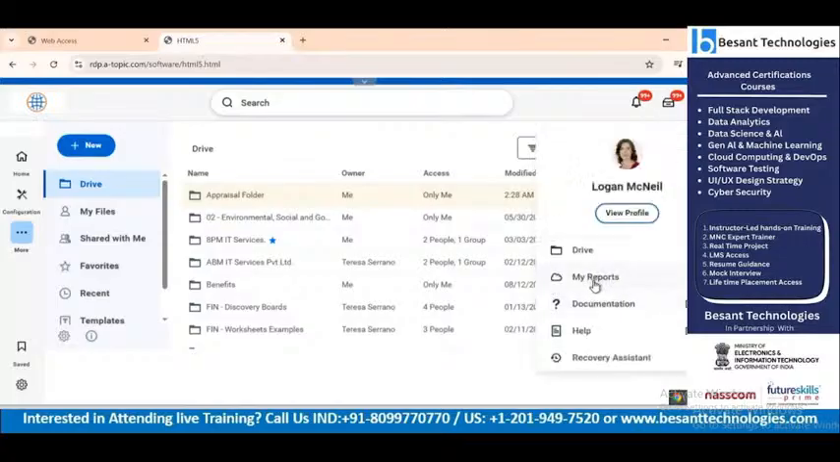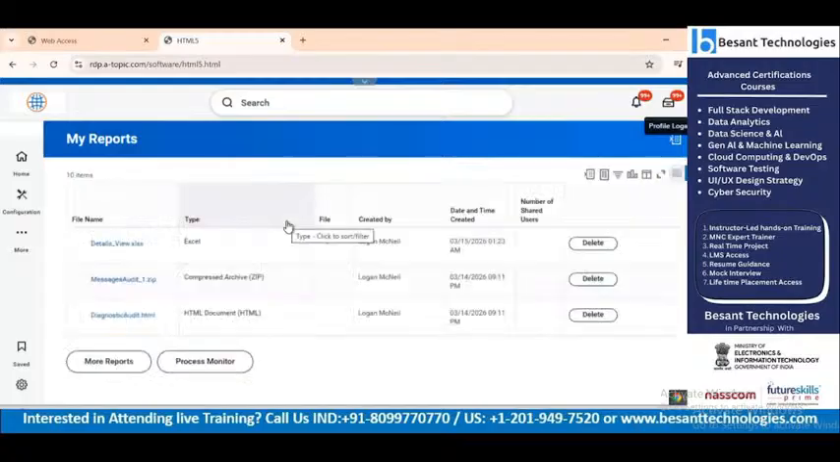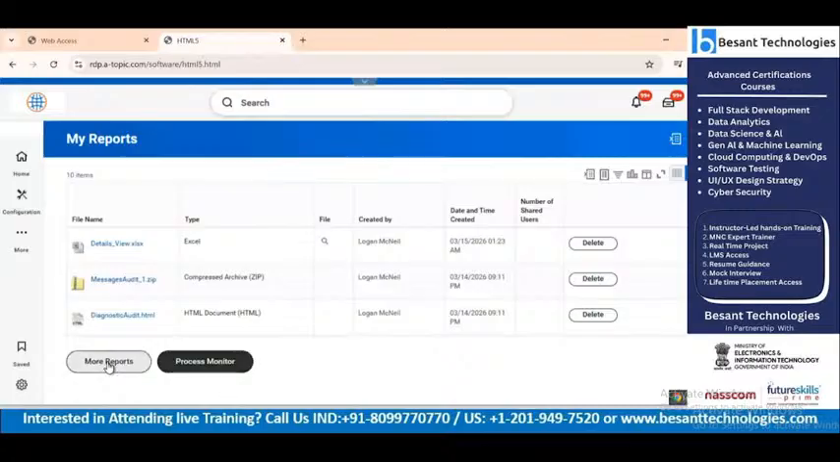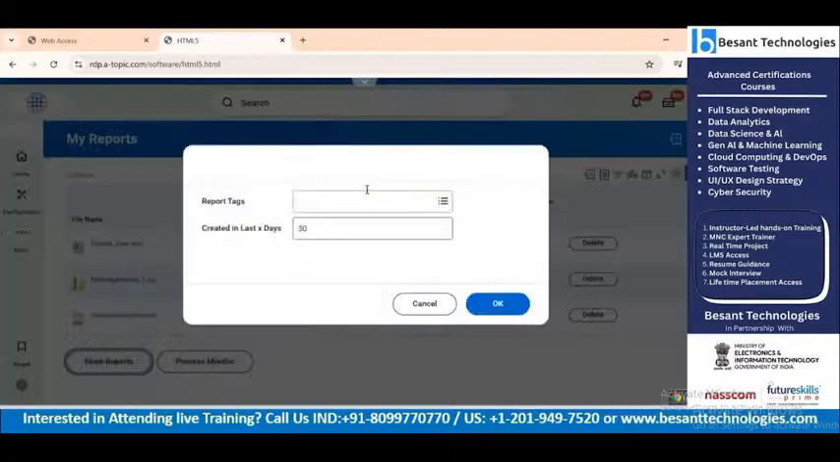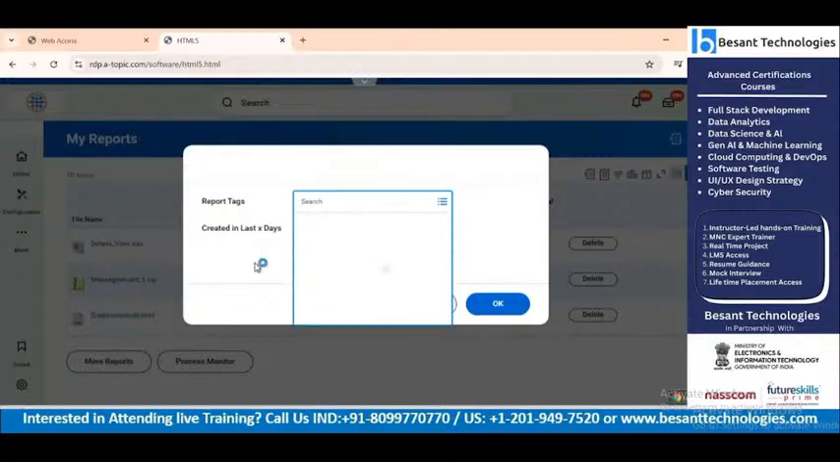No? Then, again, my reports. My reports are something which you will be customizing. Once you are creating different kinds of reports in the system and you want to see them on a day-to-day, quarterly or bi-annual basis, you can add those reports under this particular tab and keep them. More reports. Report tags are nothing but labels. So over here you have around